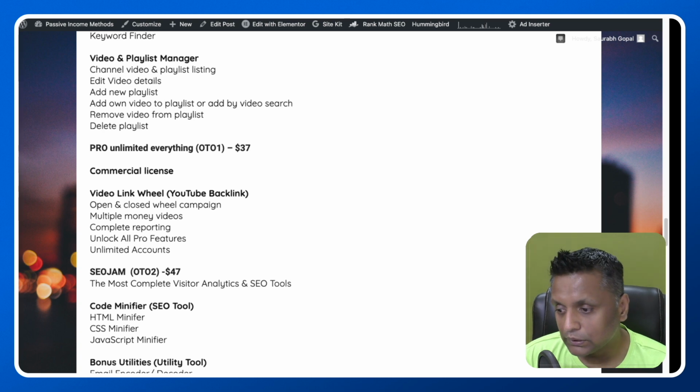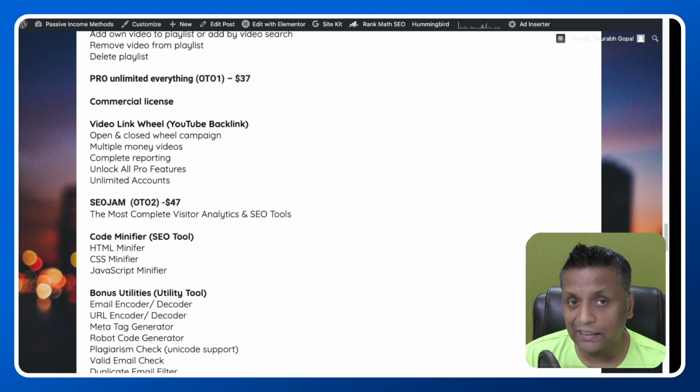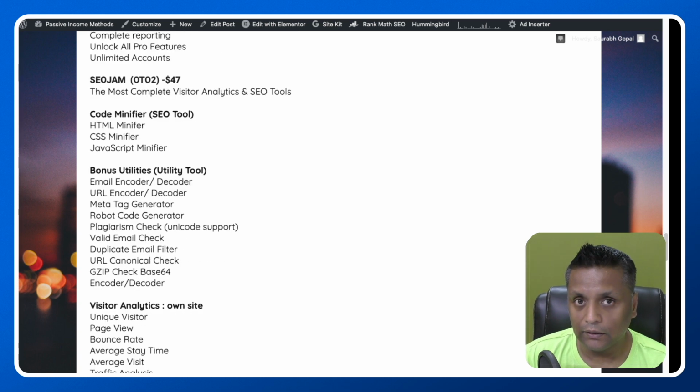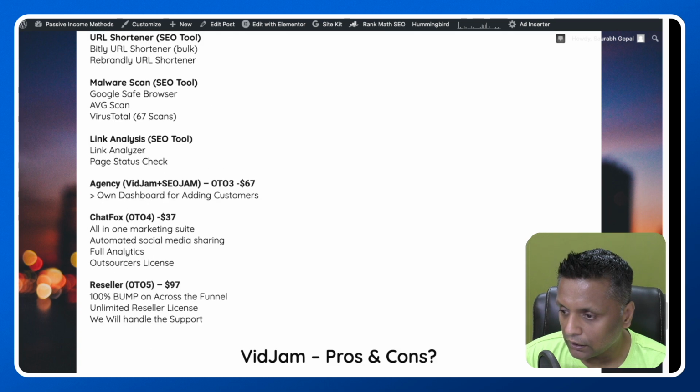The upgrade number two is the SEO Jam for $47. So basically, you're going to get some additional SEO tools to help you with the video ranking and all. And then they have the upgrade number three, which is the VidJam plus SEO Jam, the agency license, where you can just do agency kind of work using VidJam, and that will cost you $67.